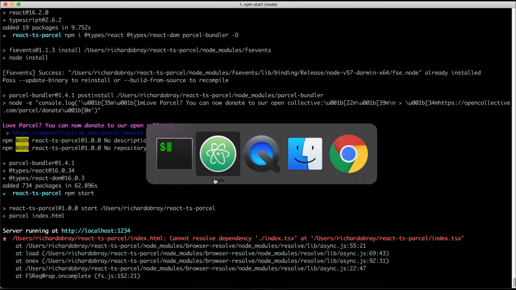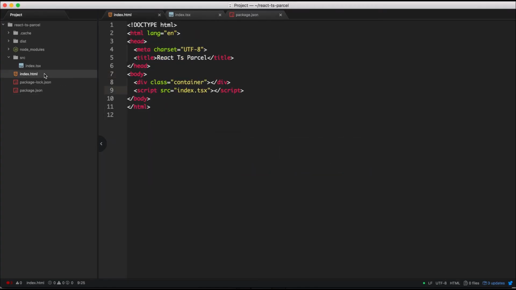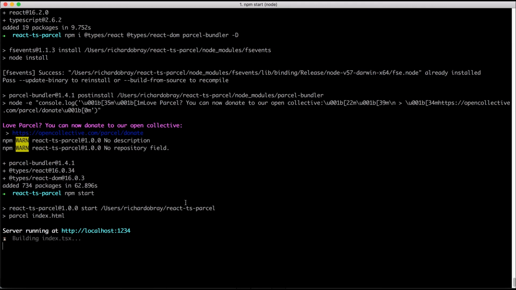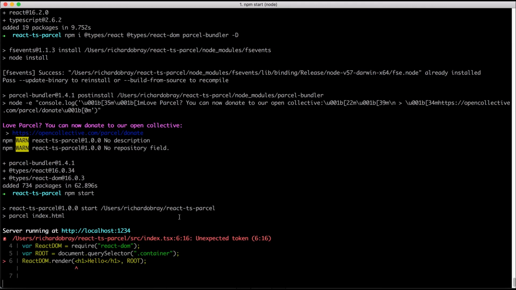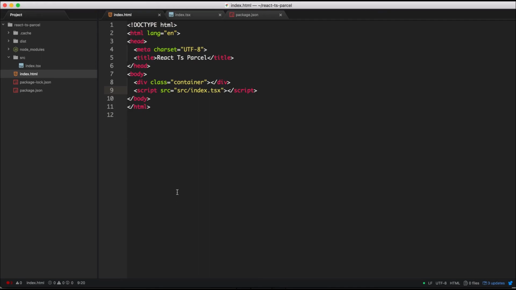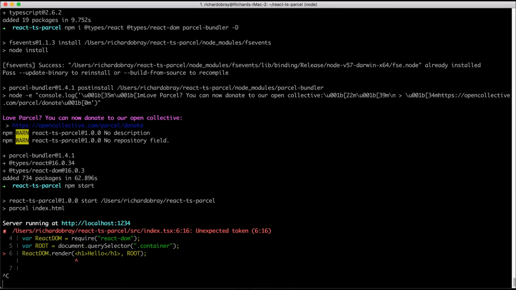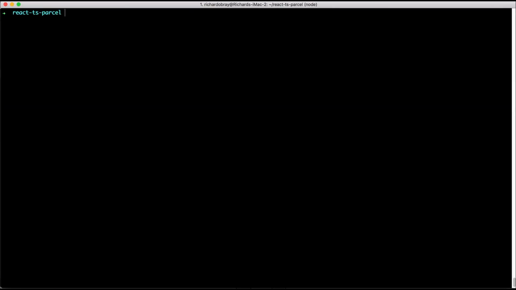Right, I've made a mistake. So inside our index.html, it should be source/index.tsx, not just index.tsx. So now we can go back and it will run. And it will build it, and we haven't added our TypeScript config, so it's giving me an error. So let's do that now. Let's stop the server, clear this, and let's add